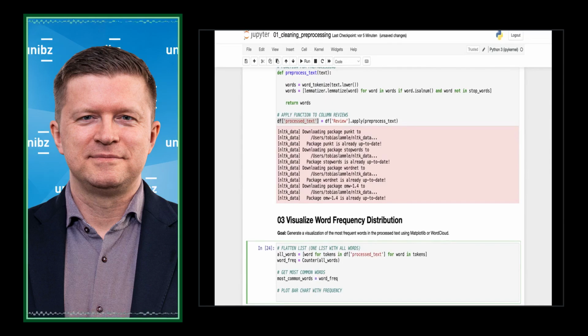We want to get the 20 most common words. And I get back the words, and I want to get back the number of occurrences. We do that using zip.